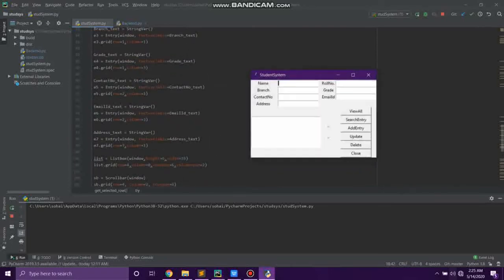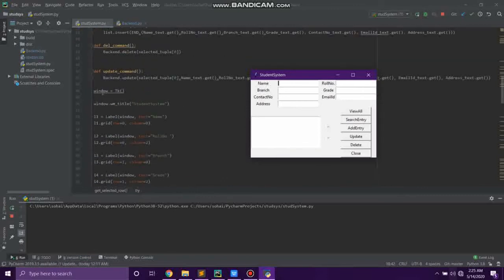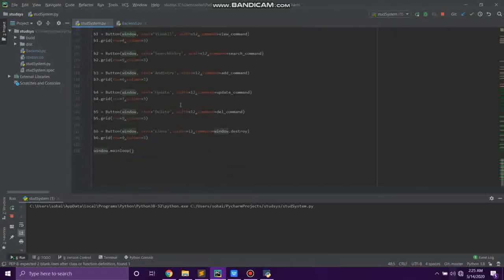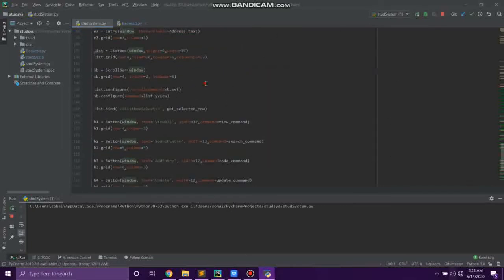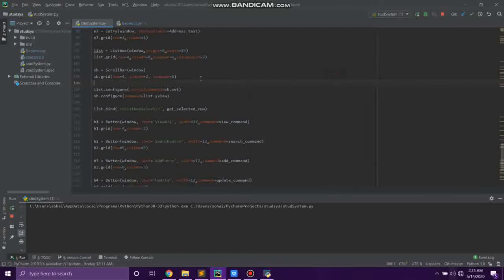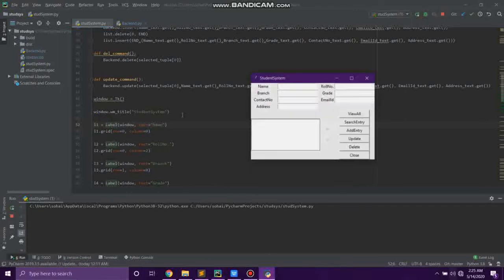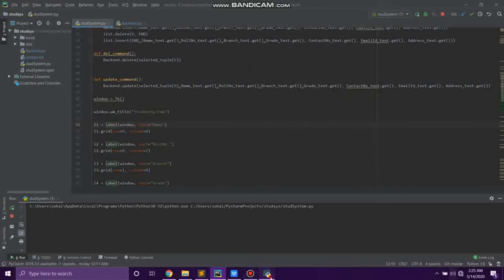So let's begin with front end. This is our front end. So first of all, we have to write our code between this window equals tkinter function and the window.mainloop function. This is to get the window like this. To get this window, now we have to create label, text box, list box, and buttons. For that, we just have to create the label function L1, and this is the label function which we want inside the window.